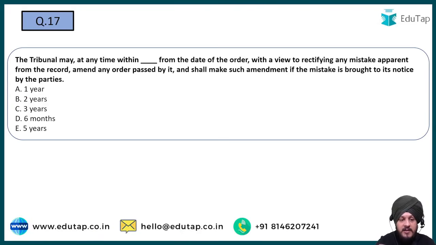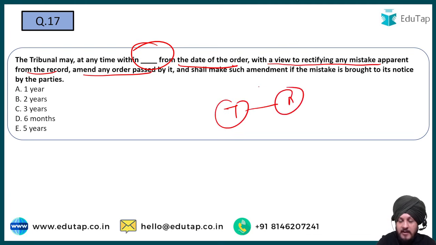Question number 17, which is basically, I think, is the last question. So the tribunal may at any time within dash from the date of the order with a view to rectifying any mistakes apparent from the record. So question ये बोल रहा है कि the tribunal that is there, it may within dash days or within dash years from the date of the order with a view to rectifying any mistake apparent from the record amend any order. तो मतलब जो ट्राइब्यूनल ने ऑर्डर दिया तो उसको अपना ऑर्डर अमेंड करना है, तो वो कितने टाइम में